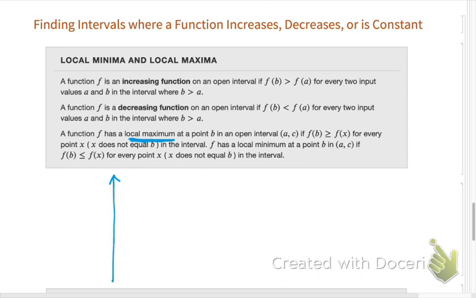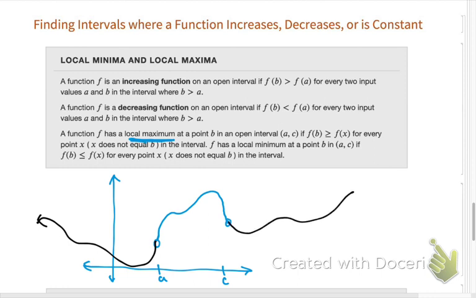So again, for instance, I might have a graph. Here's a, here's c, and maybe the graph does something like this on that interval. It starts going up and then comes back down. Okay. So on that interval, or just that piece of the graph, now again, the graph could have more pieces, right? It could move somewhere to the left and it could come up to the right. But if we just look at one piece of the graph, then on that interval, whatever the highest point is,